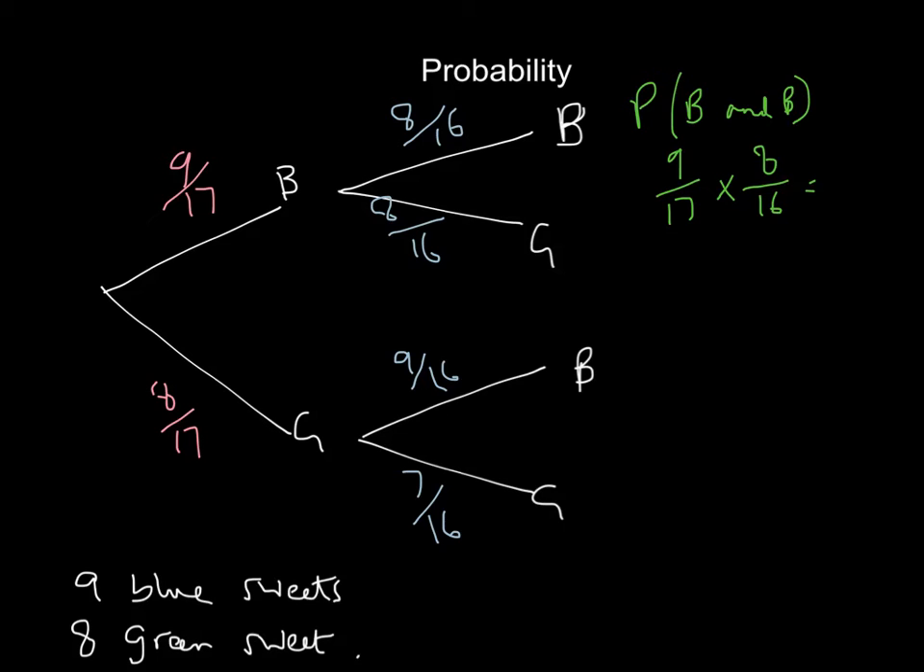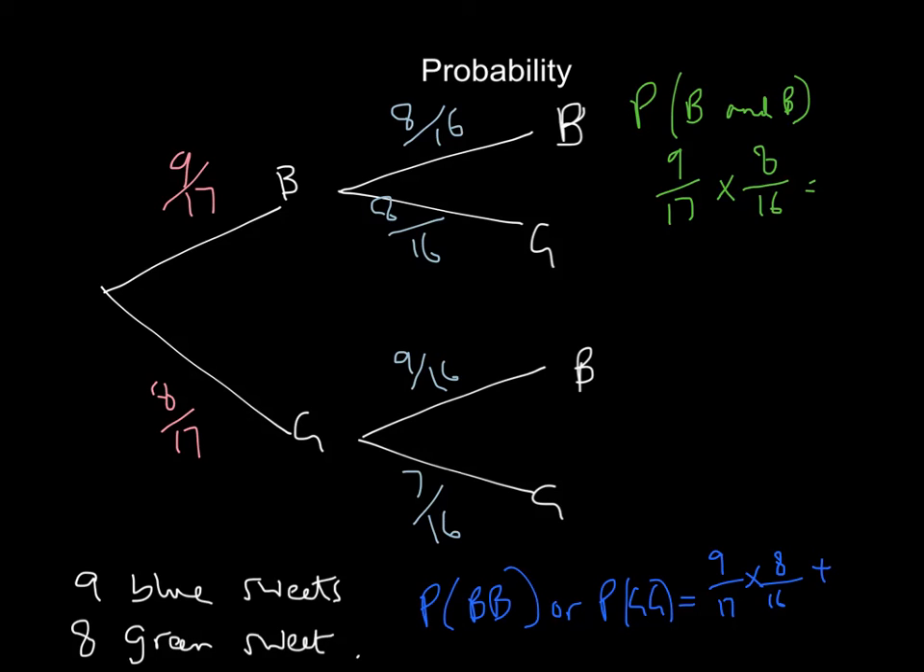Now, a more interesting question might be something like, what's the probability my 2 sweets are the same colour? So in other words, I get blue and blue, or I might get green and green, because they've got to be of the same colour. So we would go for blue and blue, just like the top bit. So 9 out of 17 times by 8 out of 16, and then you would need to add on,